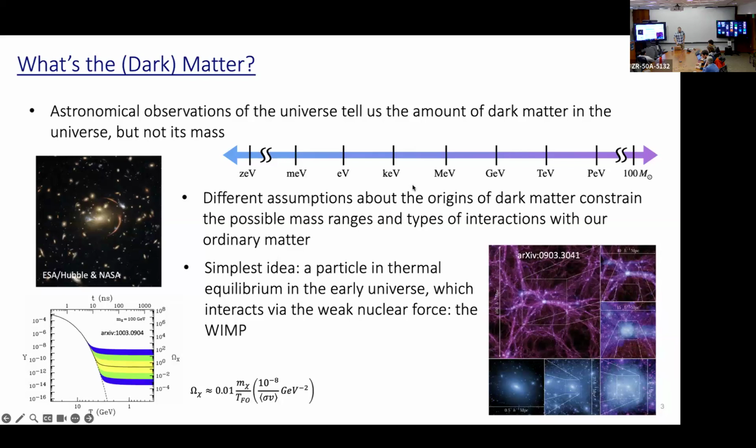And so there are various theories that say it should be one mass or another. And you can constrain it by coming up with a different origin story for how the dark matter came to be. So if you take the Big Bang model and you make some assumptions about how dark matter existed in the early universe, as the universe expanded, that sets limits on how the dark matter would have to interact with ordinary matter, or what mass it would have to be in order to match the observations that we do have of our modern universe.